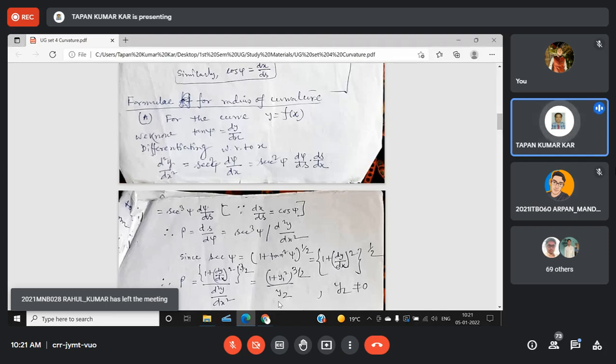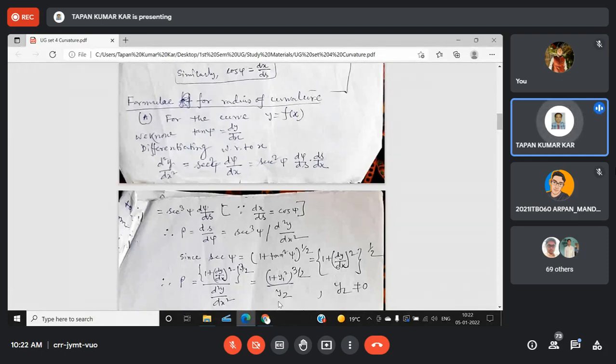In addition, you know the procedure. Usually it is not given, but if it is given, then you can derive the formula. It is not so difficult. Only two things are used that may not be known to you: one is sin psi, another is cos psi. That's why I have briefly given the figure showing how sin psi and cos psi are derived, because here dx d psi equal to cos psi is used. If I directly write here, then you may ask me how you will find this cos psi equal to dx ds. That's why I have briefly described it.